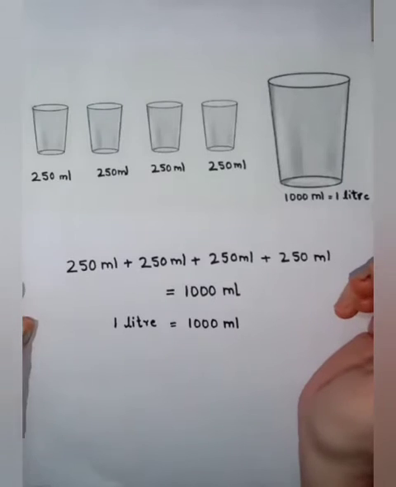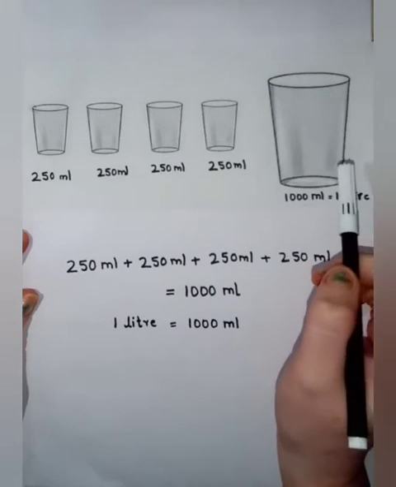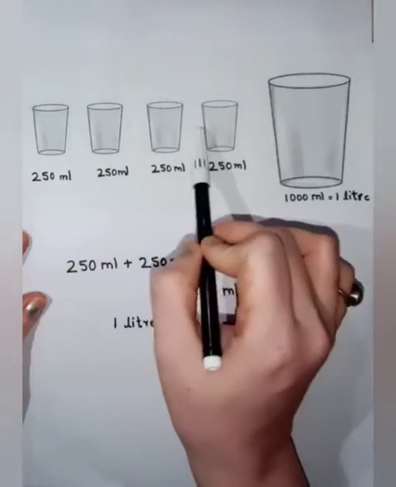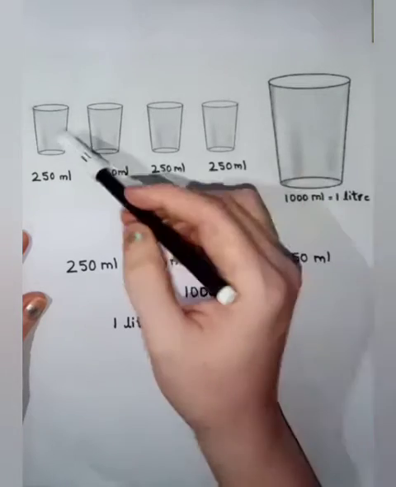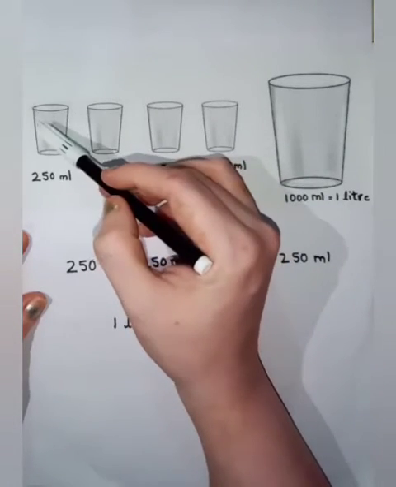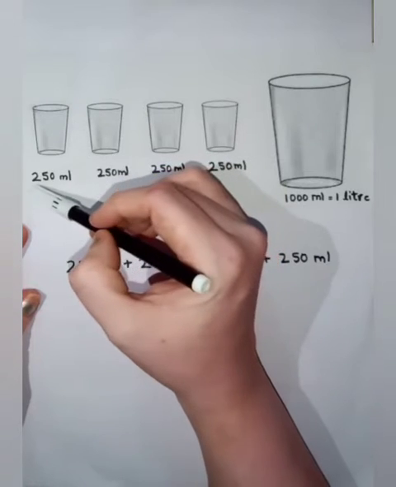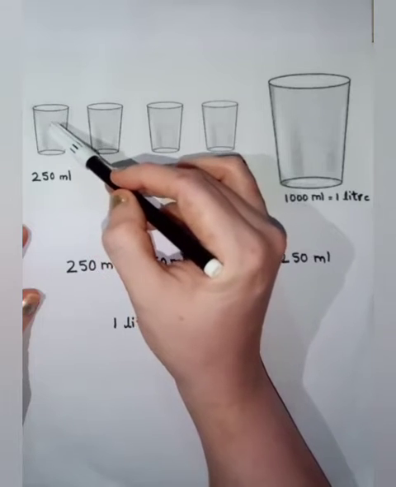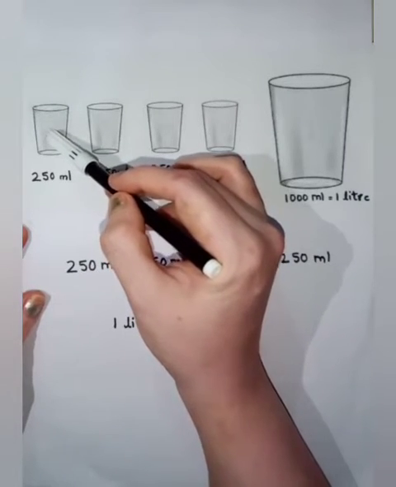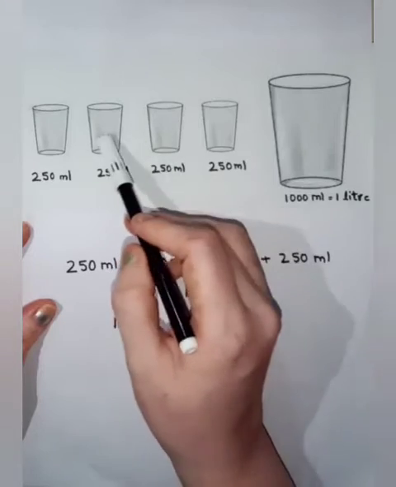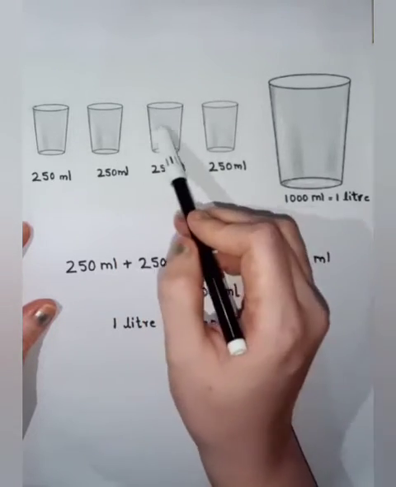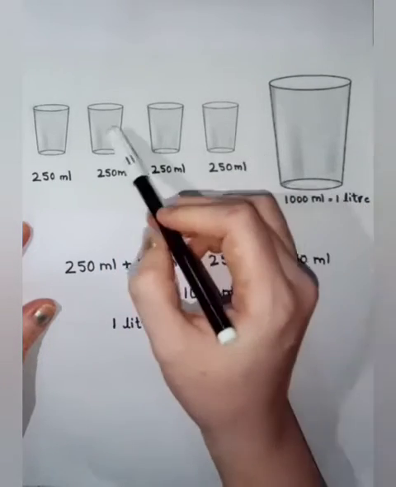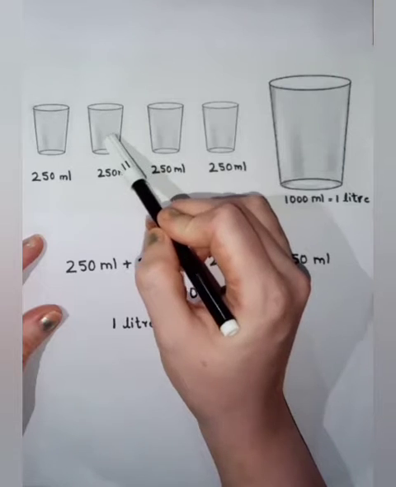Students, let me explain you with the help of another example. See, these are 4 glasses and this is one big glass. This one small glass can hold liquid of 250 milliliter. Means the capacity of this glass is to hold 250 milliliter of water. Same is of the other glasses. Each and every glass can hold 250 milliliter of water in it.